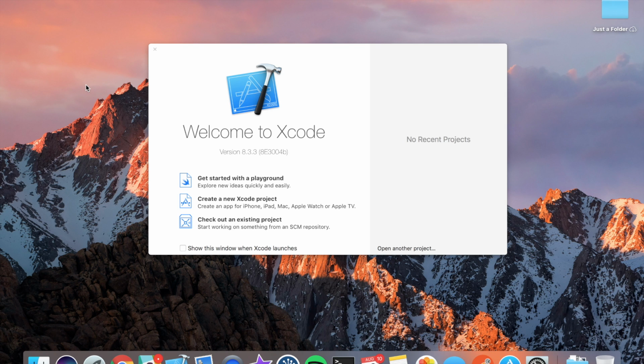Ryan Codes here, and we're going to start off with a new series of tutorials: how to make iPhone apps with no programming experience at all. I'm going to teach you the basic fundamentals of the language behind developing iPhone applications, and I'm going to use Playgrounds for the next couple videos to get your feet wet with some of the introductory stuff to the Swift